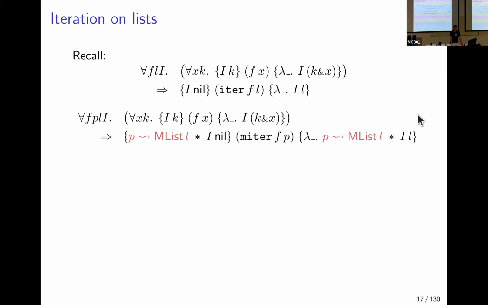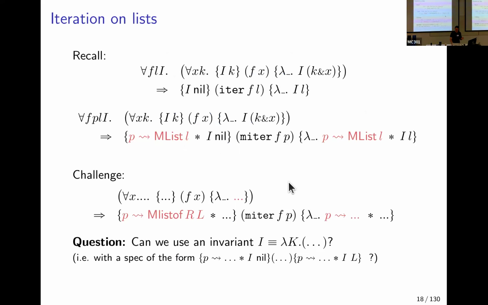So when you do iteration, you need to specify things a little bit differently. So that's first order iteration, where you have I of nil, you go to I of L. If you have a mutable list instead of a pure list, then you keep the structure of the list unchanged. However, if you have P points to M list of R of L, where L is a list of things and not a list of simple basic values, then